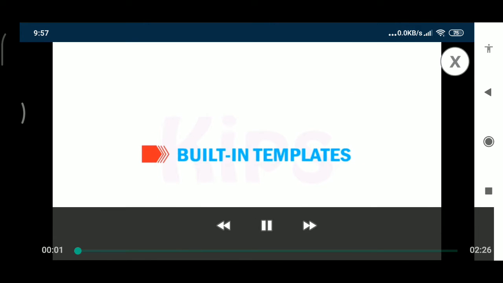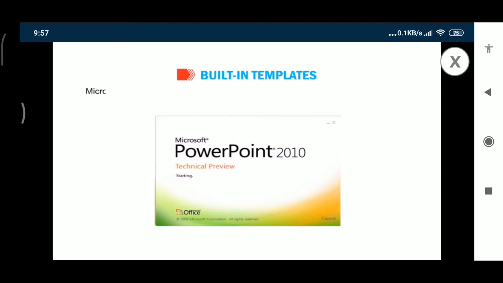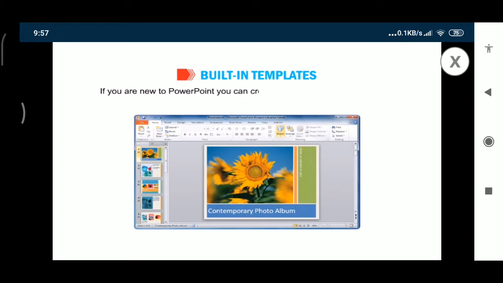Okay, let me now tell you about built-in templates. Microsoft PowerPoint 2010 does not contain the Auto Content Wizard for creating a presentation. If you are new to PowerPoint, you can create your presentation quickly and easily by using built-in templates.